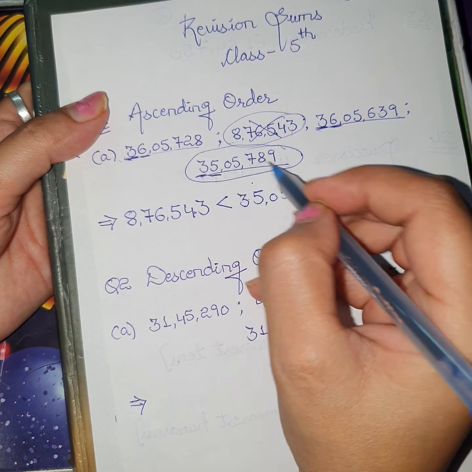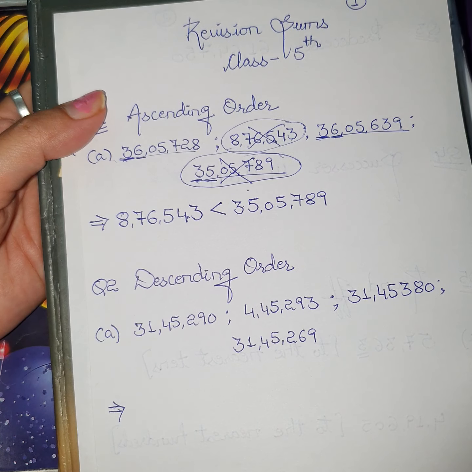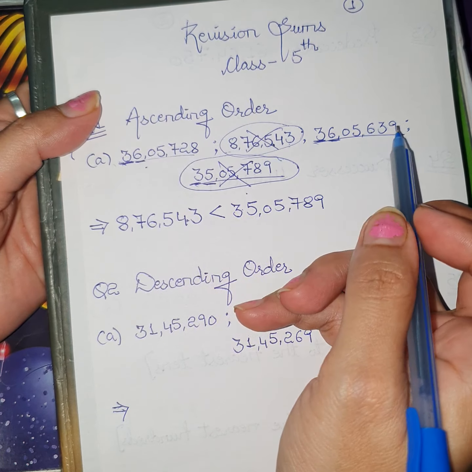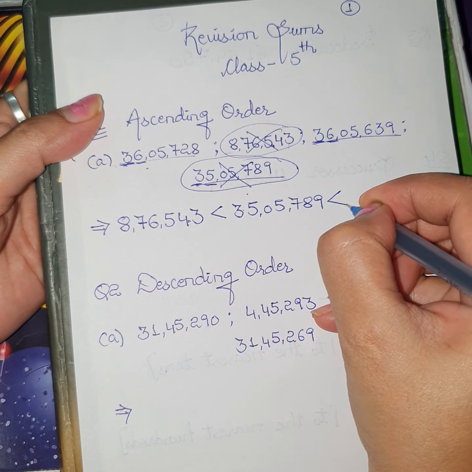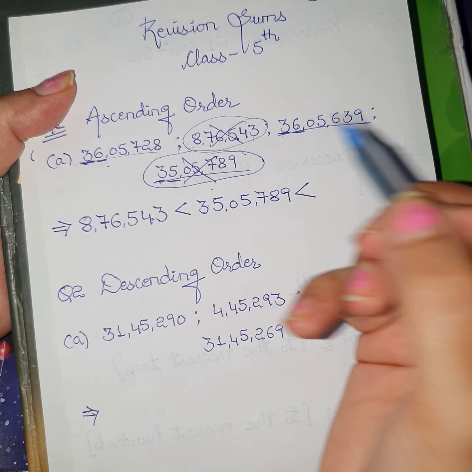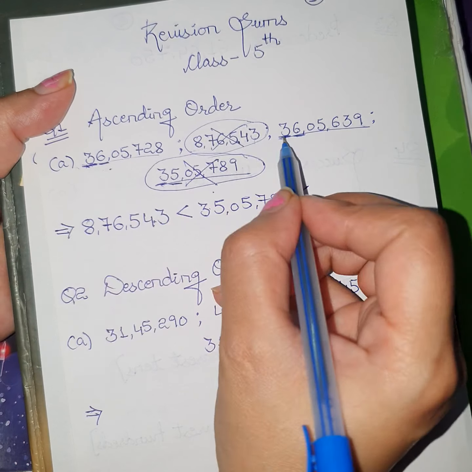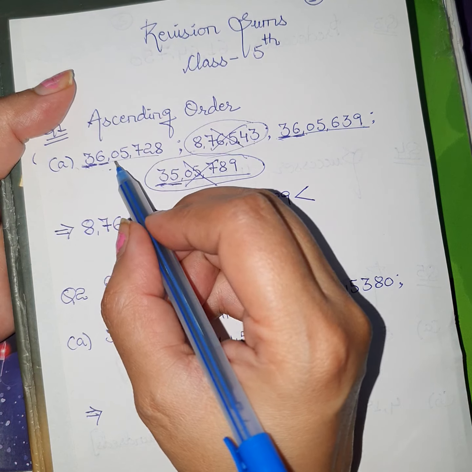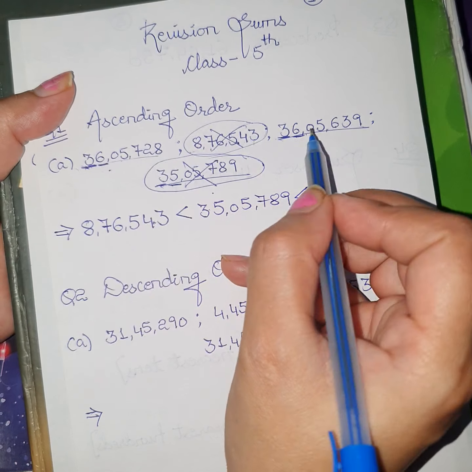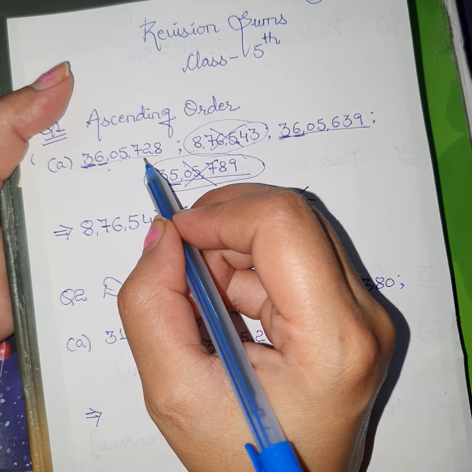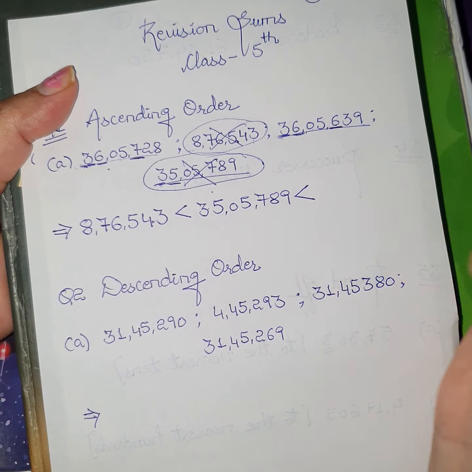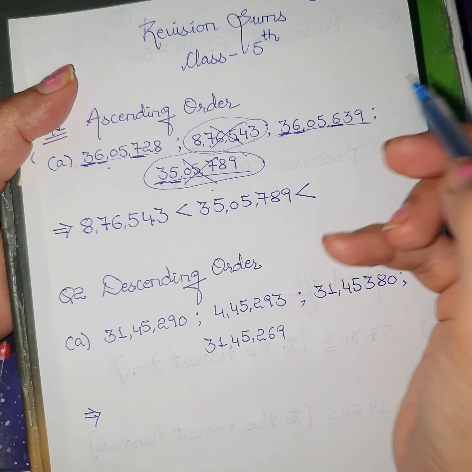Now, as we have used this number, this number is also out of the series. Now 2 numbers are remaining. From these 2 numbers, we have to choose our next number. Again, you will put the sign of less than because this will be less and the next will be greater than this. So check the digits 3, 6, 3, 6. The first 2 digits are the same. Move on to the next, 0, 0. It is also the same. Again move on to the next, 5, 5. It is also the same. So move on to the 5th digit. The 5th digit is 7 here and the 5th digit is 6 here. So from 7 and 6, the smaller is 6.